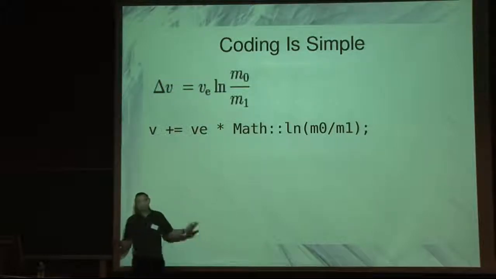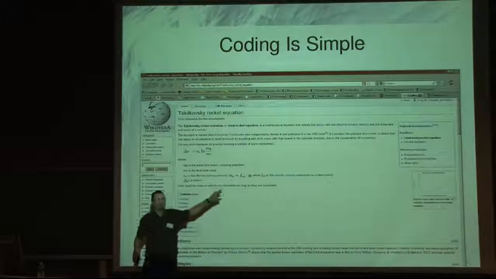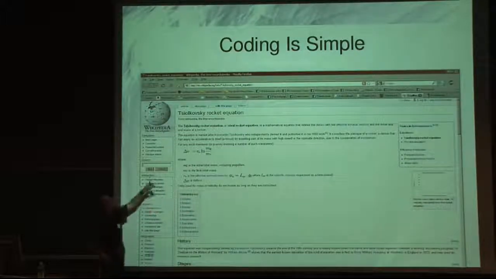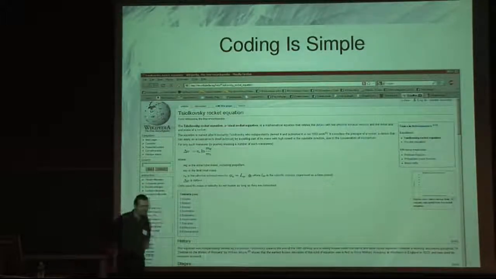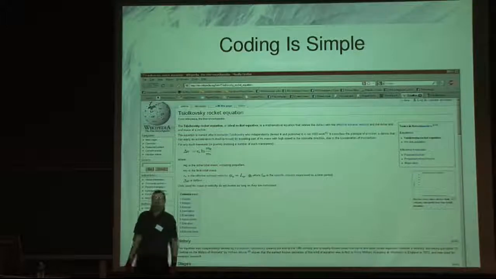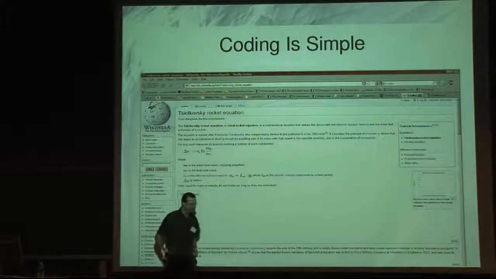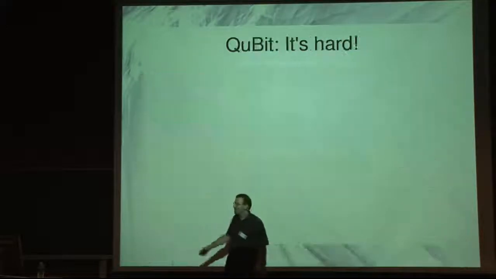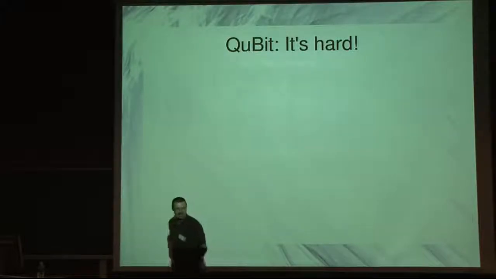This is very, very simple coding. And that is actually rocket science, by the way. That equation is how rockets get up into orbit. A Russian guy invented that many, many years ago. So coding, obviously, a bit simple, getting a bit bored by it. So let's do something hard for a change. Let's make a